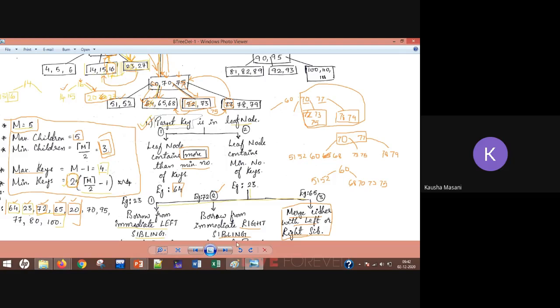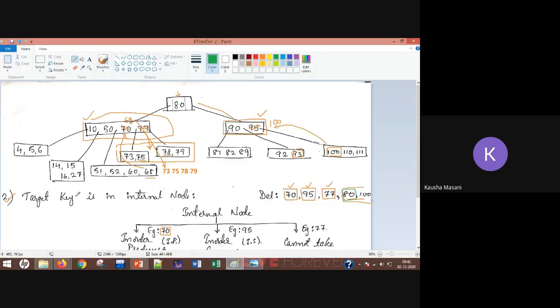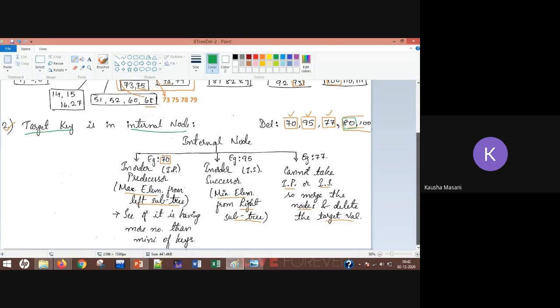Now, my target key is in an internal node, that means somewhere in a parent node. When you identify that the key to be deleted is in an internal node, again you check three options.